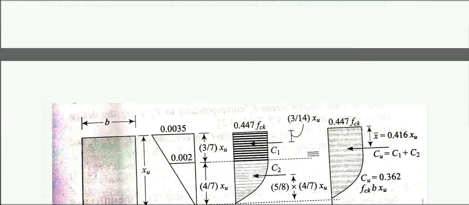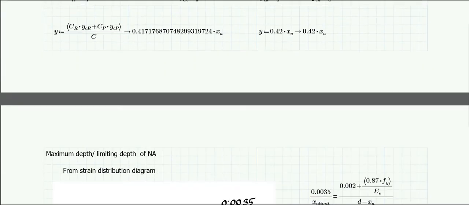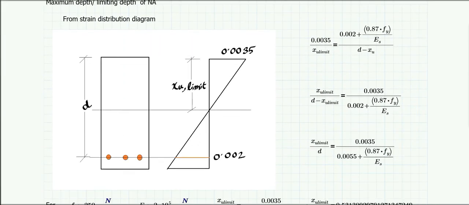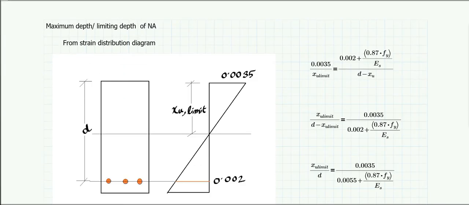Now let's dig into some other calculations that we can do from the stress block, which will be important from a design perspective. Now the thing is, what is the maximum depth or limiting depth of the neutral axis? So let's try to find that out. Suppose you have any section having a certain value of fck, a certain value of steel, say grade Fy. What is the maximum depth, or the limiting value of the depth of the neutral axis, that you want to find out?